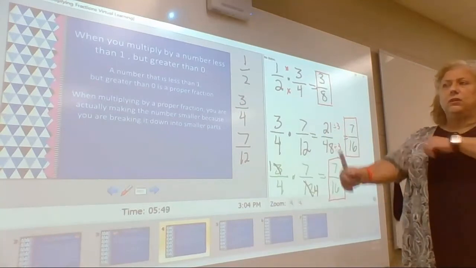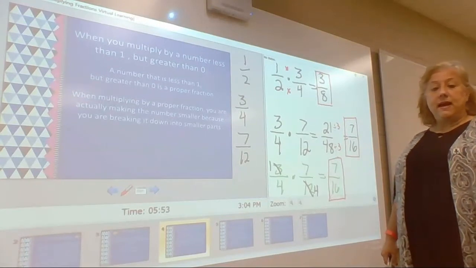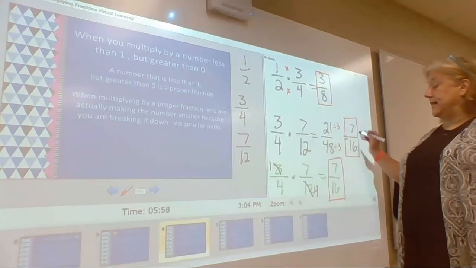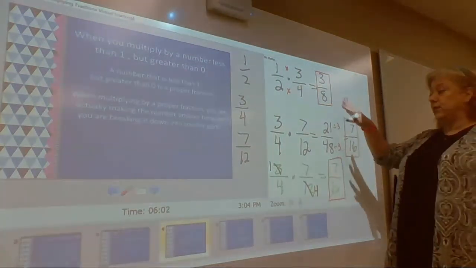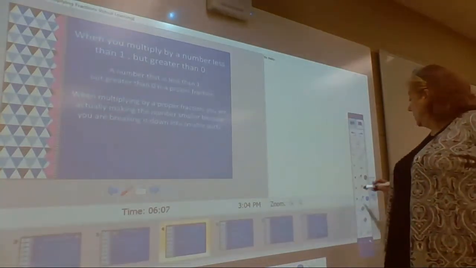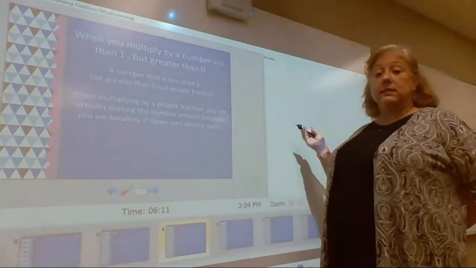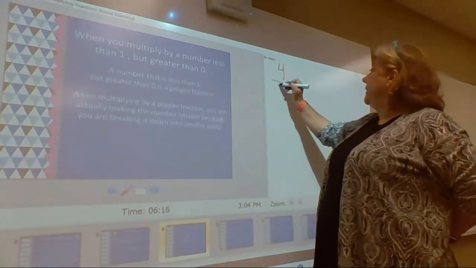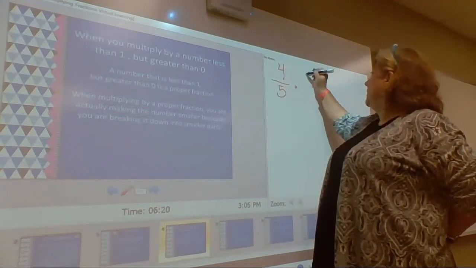And it's like I told y'all earlier this week or last week, one of the great things about math is you can do it different ways as long as you get the right answer. In both ways, I got the right answer. If you need to pause the video now to write this down, you can. I'm going to clear this, and I'm going to do another one where you can cross simplify. So if I have 4/5 times, let's say, 15/16,